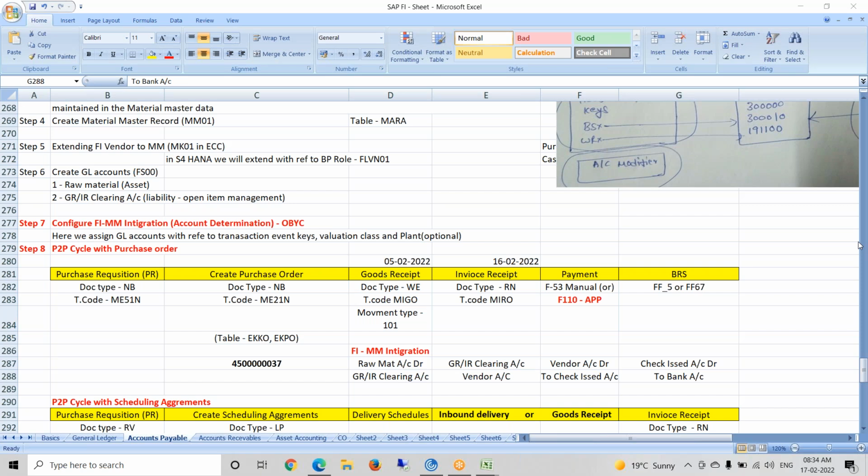So see, we got three different discussions on this. So we go with the business case only. Mostly we take it as a scenario. We will go with the standard, Hari, actually. Otherwise we will get confused. Yeah, you're correct. While explaining the scenario on the system, we take it as a business case. Like suppose there is a price change, how will it trigger? In what cases will this price change happen? And we do have some scenarios also, like we receive goods but we don't receive the invoice even after we wait for 6 months. Then what is the activity we perform? That we have to analyze going further. We'll see those cases as well.